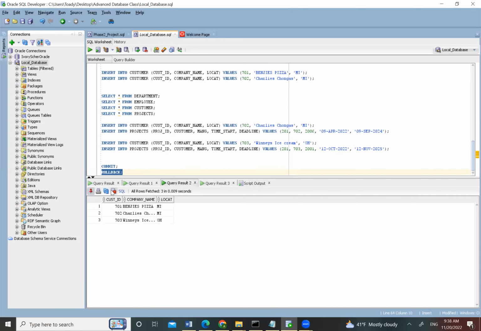Now if we go back to the customer table, Winnie's ice cream is gone. And if we go to the projects table, nothing is gone because nothing was ever added to it in the first place. So these are my examples of a multi-transactional commit and rollback